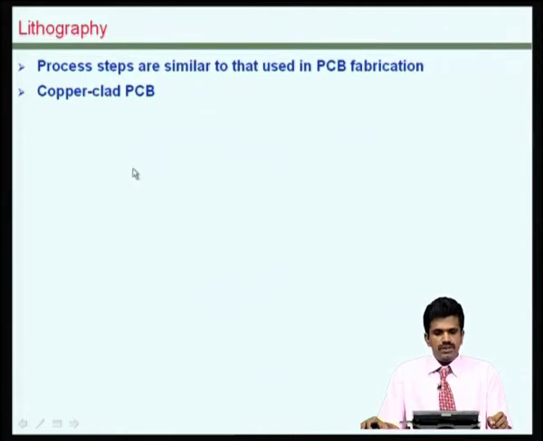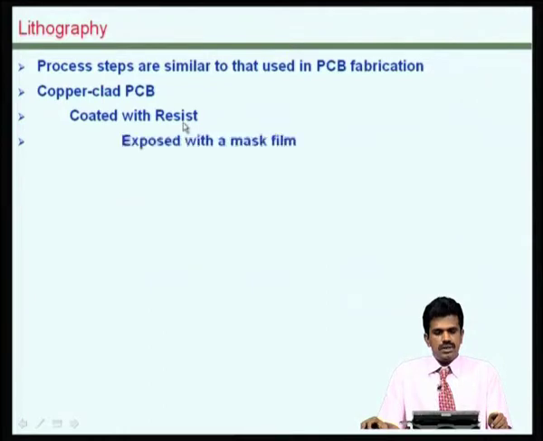What is usually done is that this copper clad material is coated with some kind of resist material, and then this resist material, after it is cured, is exposed with a mask film, so that certain regions are exposed, whereas the other regions which are hidden by the mask are not exposed to the UV light, and then the resist film is developed, which would essentially create hollow